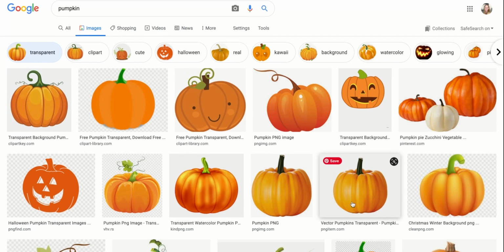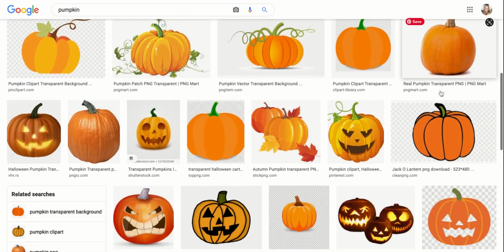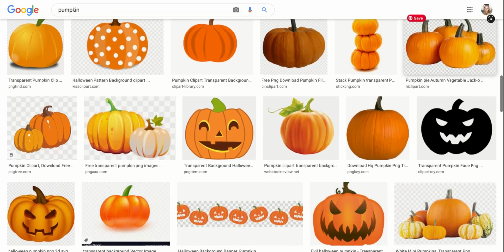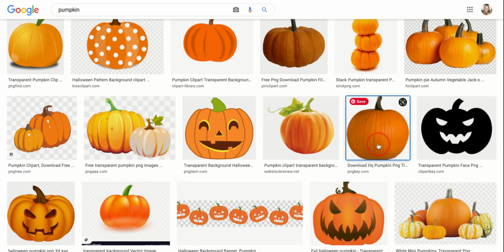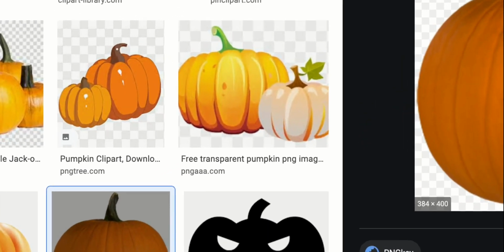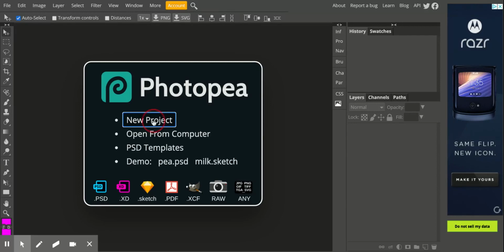Those actually look pretty much the same. This is a great one to use. So I'm going to keep going through until I find one that I really like. I'm going to do this one, I think. And I'm going to copy it, go back to Photopea, or go to Photopea, create a new project,